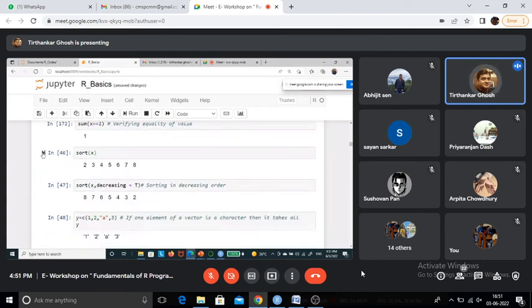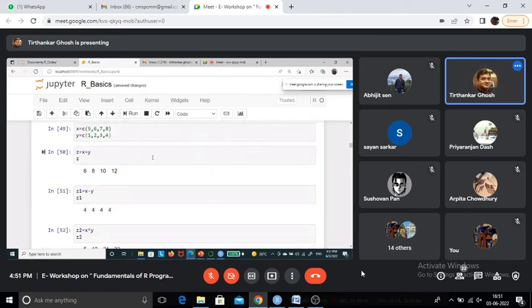Then sorting the values of the vector x, and sorting in decreasing order. Then if one value of the vector is a character, then all values are taken as character, you see those.